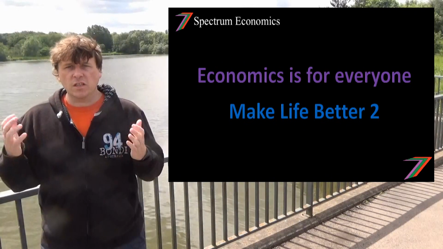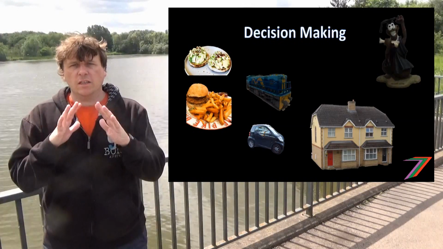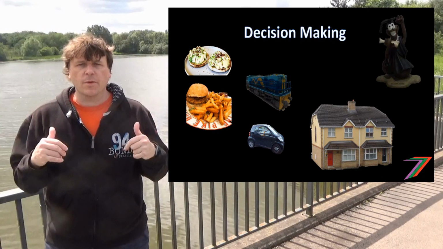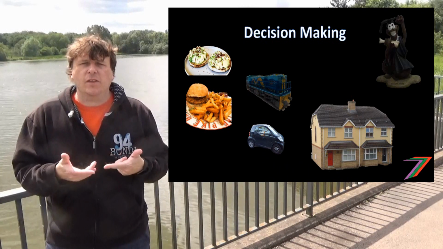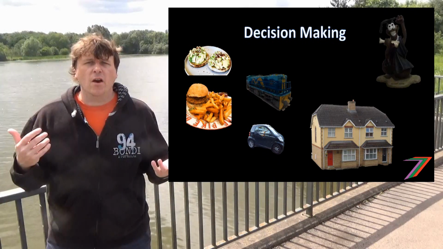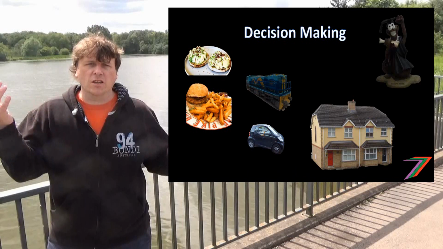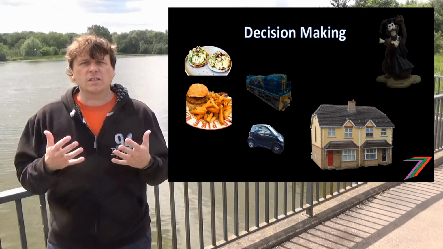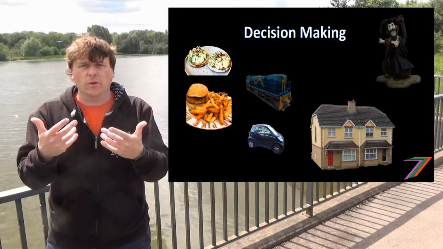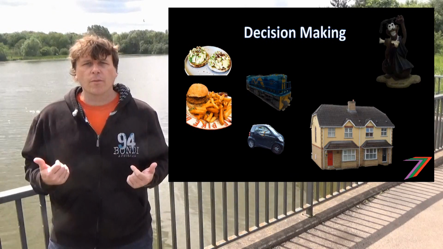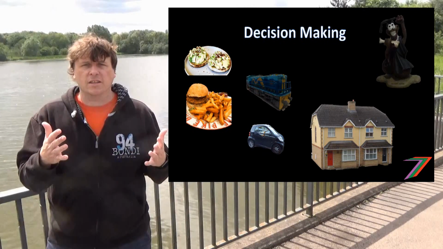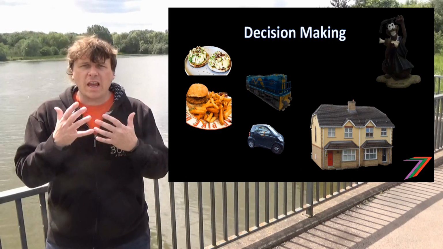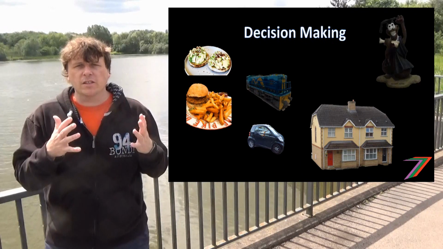First one would be your decision making. You are constantly, absolutely making decisions all of the time. Some of them are on-the-spot, simple things like buying your food, for example, at lunchtime, or maybe what movie you want to watch. Then there are other decisions where you're looking a little bit further afield, like what car you're going to get, or what television you want to get. There are those types of decisions, and you can use economics to determine how much effort you want to go into making various comparisons, for example.